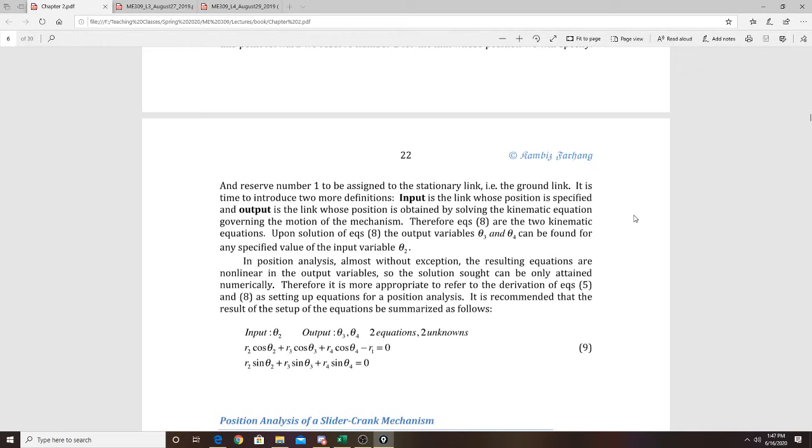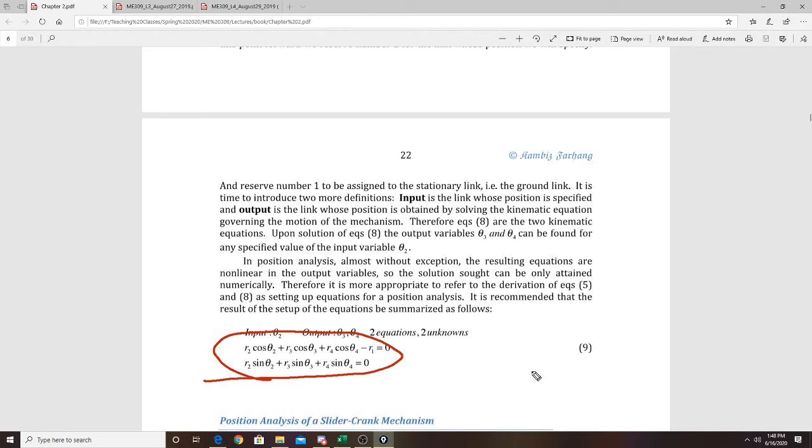All right. And then it says it is time to introduce 2 more definitions. The input link, whose position is specified, and the output link, whose position is obtained by solving the kinematic equation governing the motion of the mechanism. Therefore, equation 8 are two kinematic equations. Upon solutions of these two equations, the output variables theta 3 and 4 can be found for any specified value of the input. So, what it's saying is that these two equations right here,